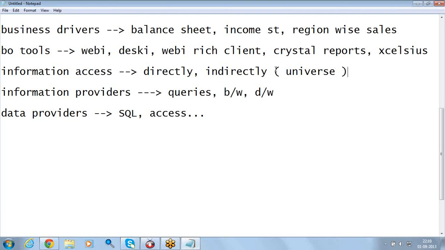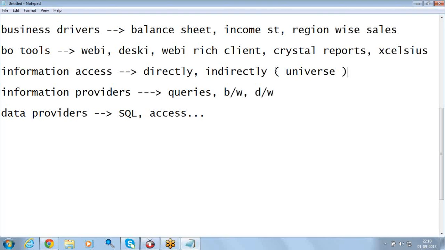That particular interface is called a universe. Did you get my point here? Yeah. The universe is nothing but, you see, the database is very huge. From that vast thing, whatever data I require to generate my reports, I'll be picking up a few sources that give me the data.